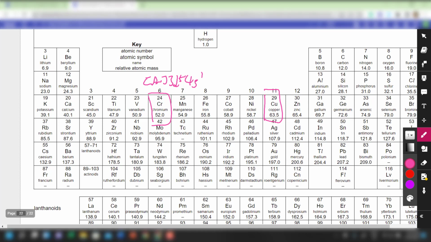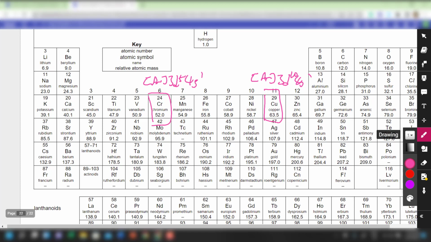And then as I move on to manganese, iron, cobalt, nickel, copper, copper is expected to have the electronic configuration 3d9 4s2, but instead it has the configuration of argon 3d10 4s1. So it has a filled 3d subshell followed by 4s1, which is half filled. So this is desirable. Do know the exceptions, and if you are interested in the second and third row transition elements,